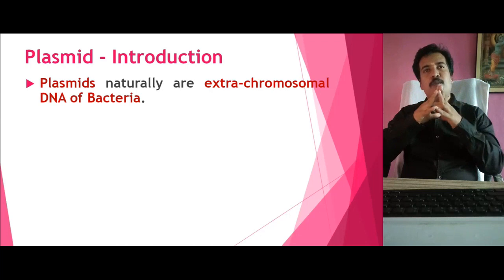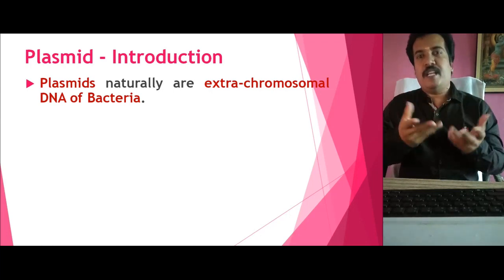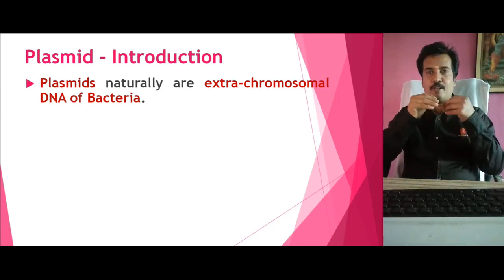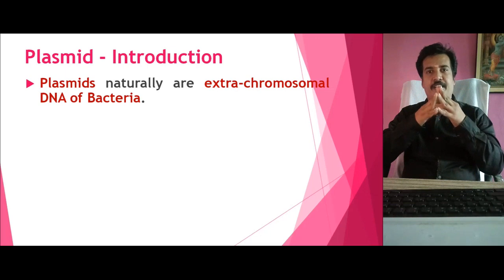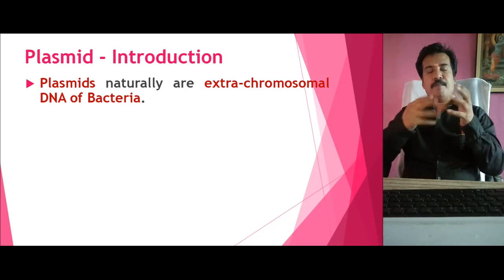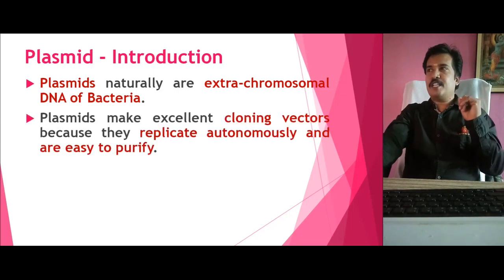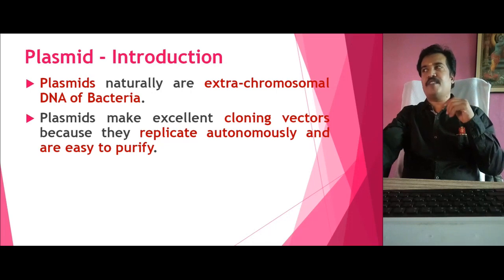You can see that in humans also we have certain extrachromosomal DNA, like the extrachromosomal DNA present in mitochondria. Similarly, extrachromosomal DNA is also present in bacteria. The presence of this extrachromosomal DNA provides some benefits to the bacteria. Especially, it helps the bacteria to produce some enzymes to protect itself from the antibiotics that we administer during infusion. It works as a defense mechanism for the bacteria against toxic chemicals. So first, the plasmid is a naturally occurring extrachromosomal DNA of the bacteria.